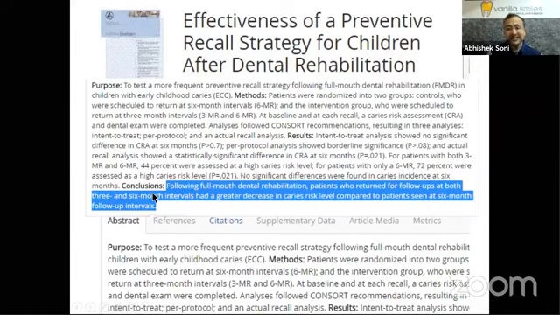This is a similar case where we had done direct pulp capping. And let's look at the survival rate of what we had done in the OR. So this is almost a 30 months follow-up. You can see the zirconium crowns doing well. You can see the healthy gingiva.